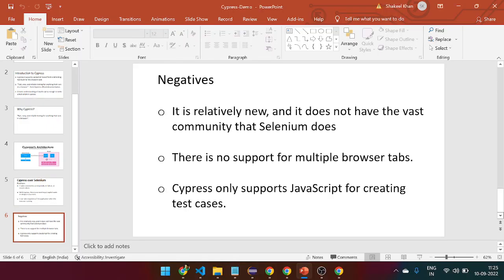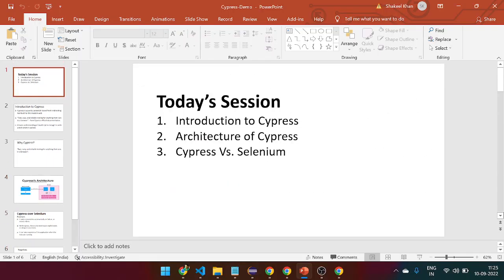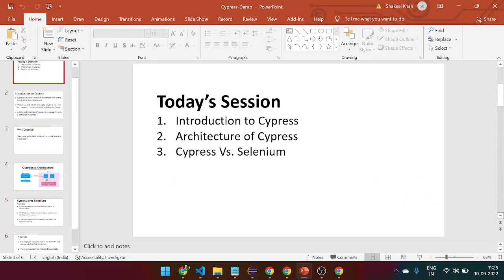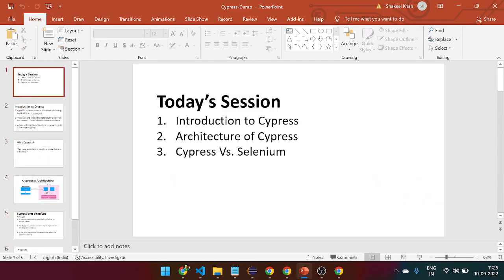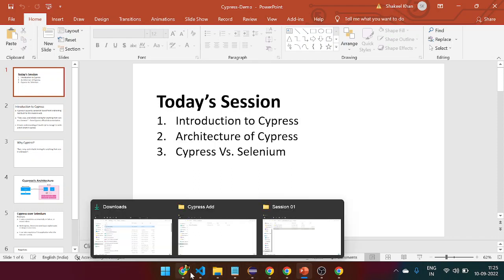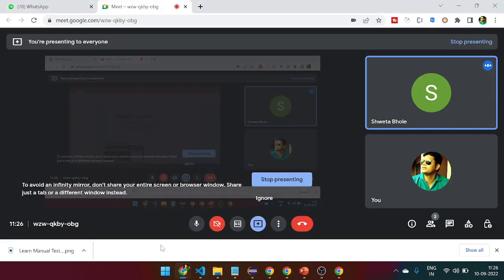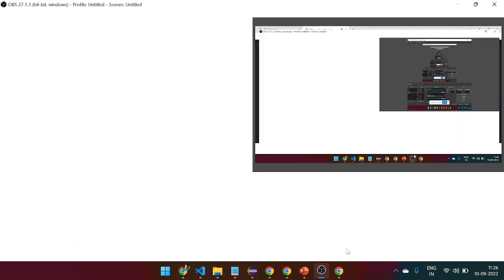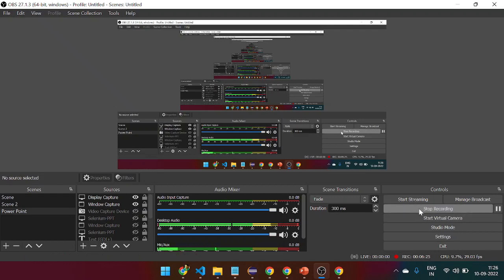These are the basics of the introduction to Cypress. Any doubts up till now? No. But still, people are working on the Cypress tool. I mean, there is Selenium and it has more advantages, but